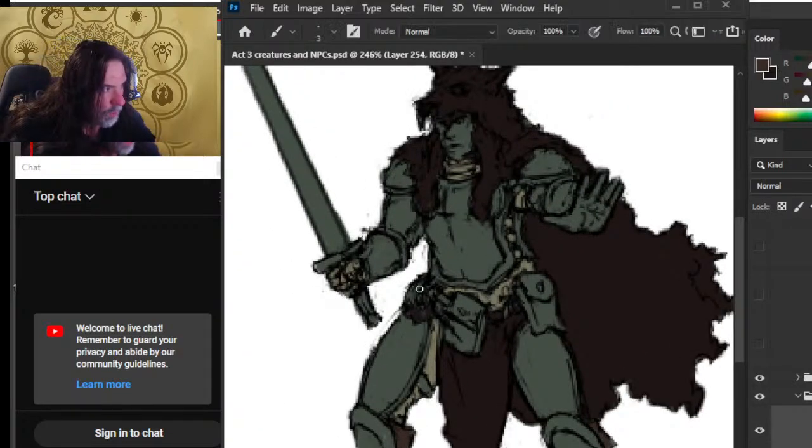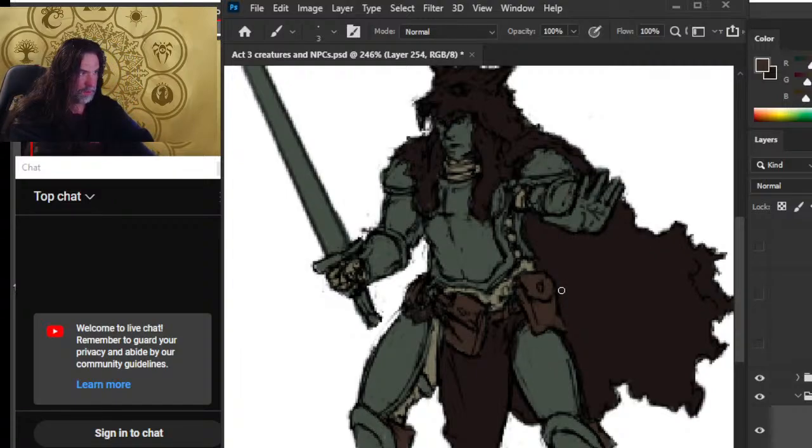We can do the same here. So the boot cover color is also going to be the pouches. We're going to put highlight.